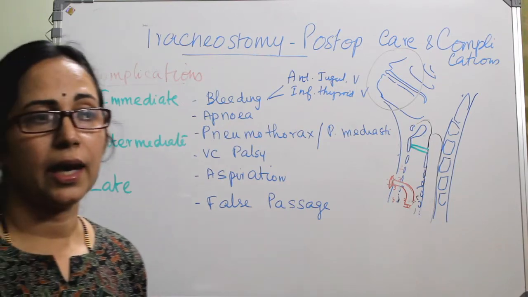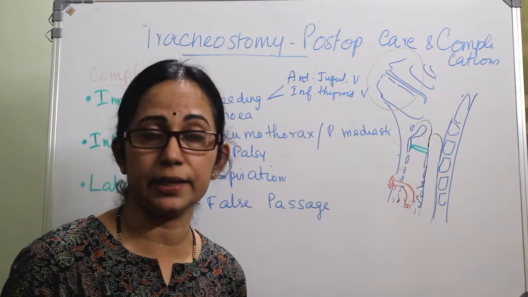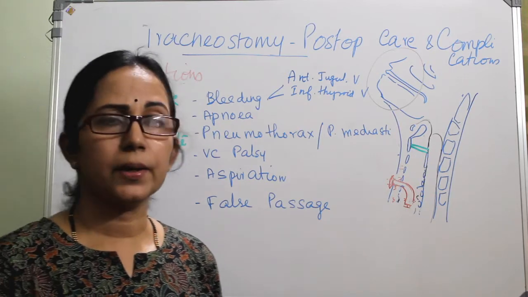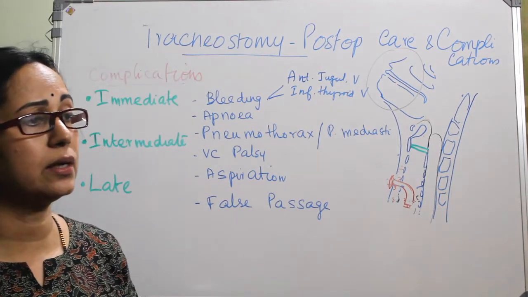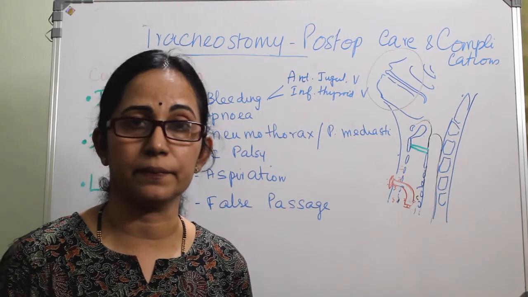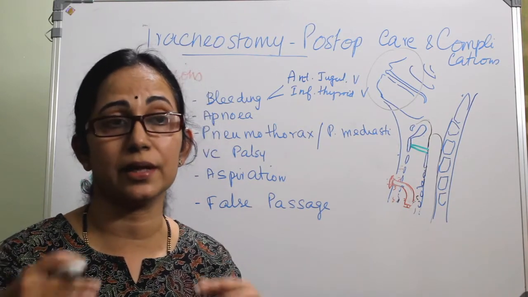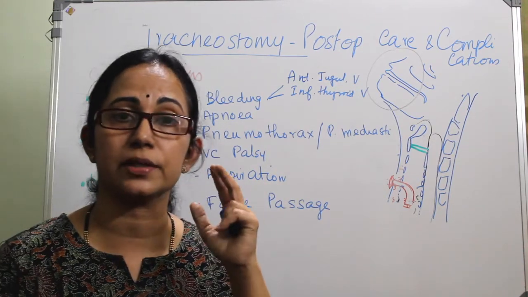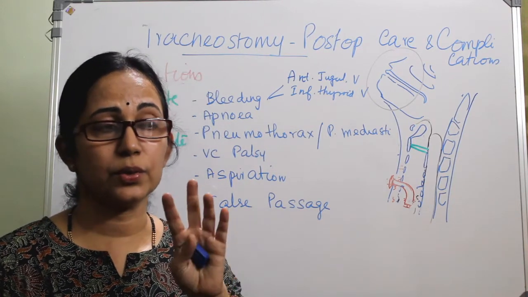And second is apnea. As soon as you put the incision and the tracheal dilator, the patient can go into apnea. Why is it so? Because the patient has had a long-term respiratory obstruction, hypoxia and hypercapnia are acting as respiratory stimulants, stimulating the respiratory center. After incising the trachea, there is sudden washout of carbon dioxide and there is oxygenation, so that stimulation of the respiratory center is lost, and there can be apnea.